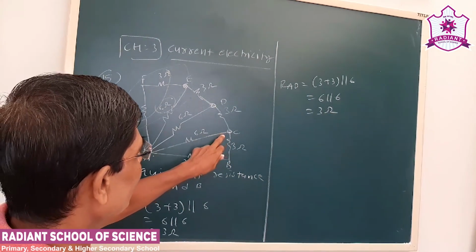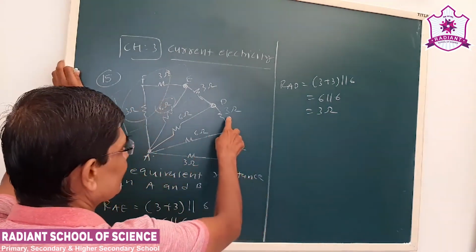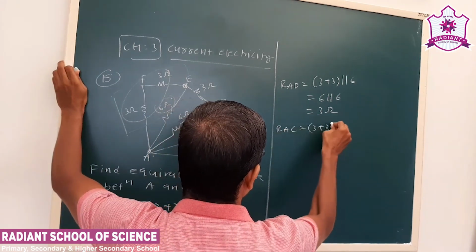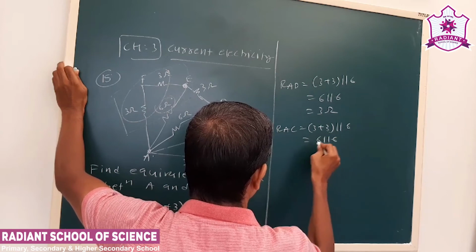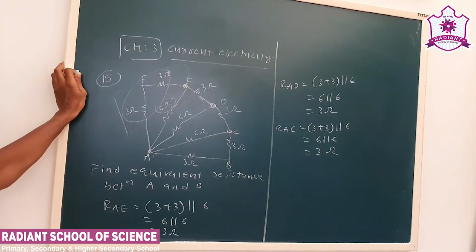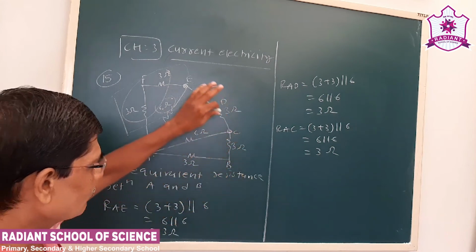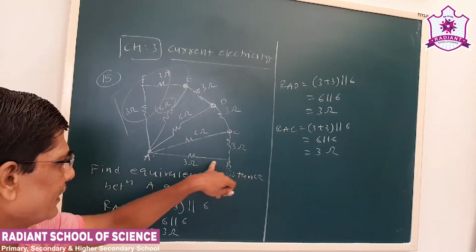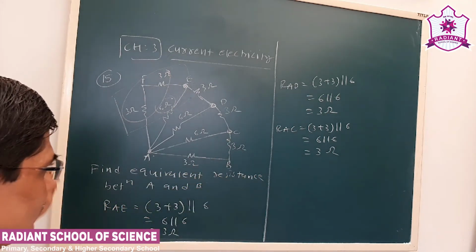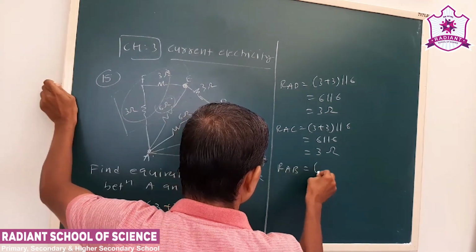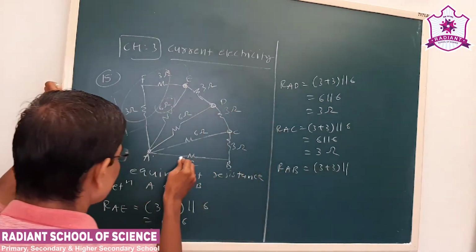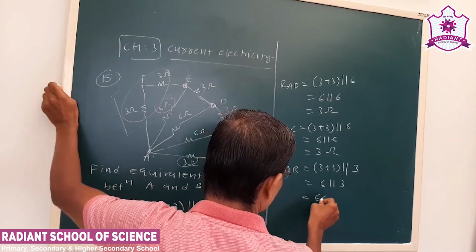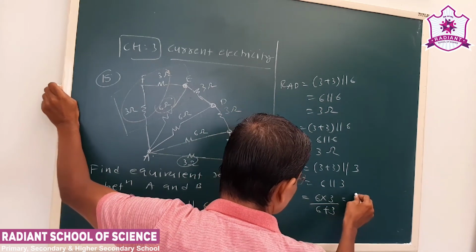Now similarly we have to find out RAC. This 3 plus 3, 6 ohm will be in parallel with AC. So RAC will be 3 plus 3. Now we have solved up to C. Whatever we get is 3 ohm, that plus BC is 3 ohm, will be in parallel with the resistance in the AB part, that is 3 ohm. So the final RAB will be 3 plus 3 parallel. Remember this resistance is 3 ohm. So it is 6 parallel 3, that is RAB equals R1 R2 upon R1 plus R2.